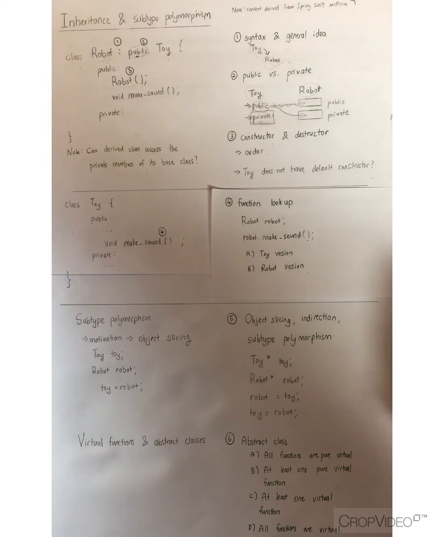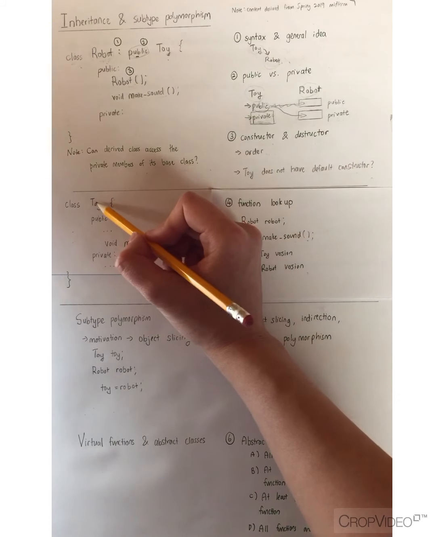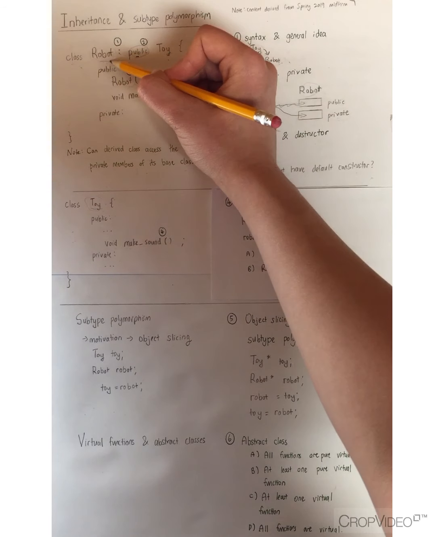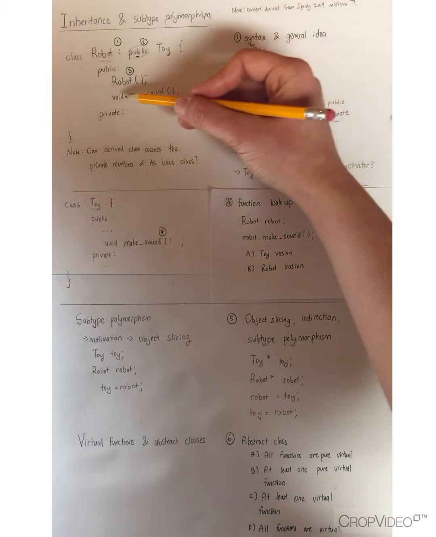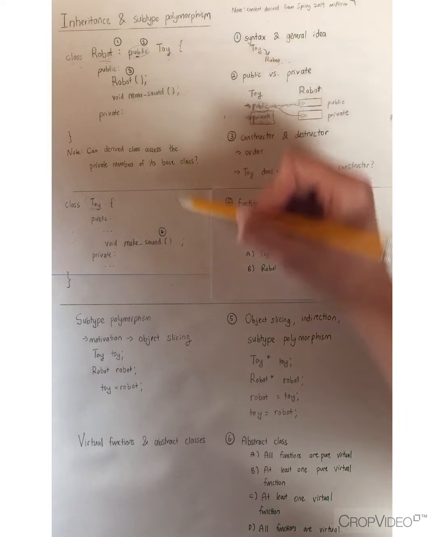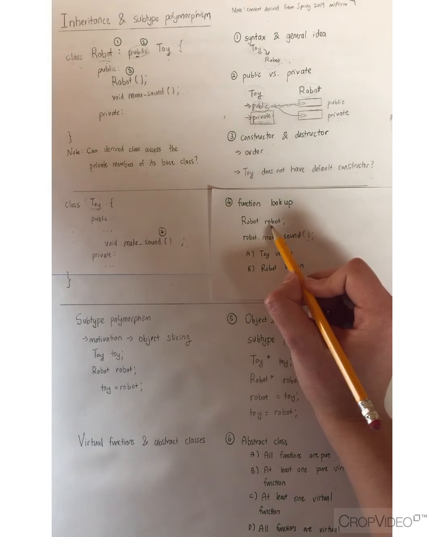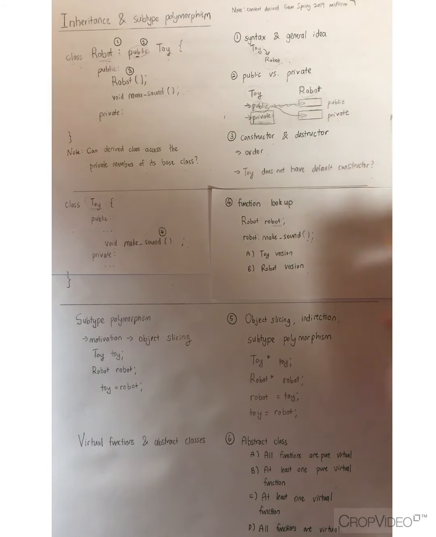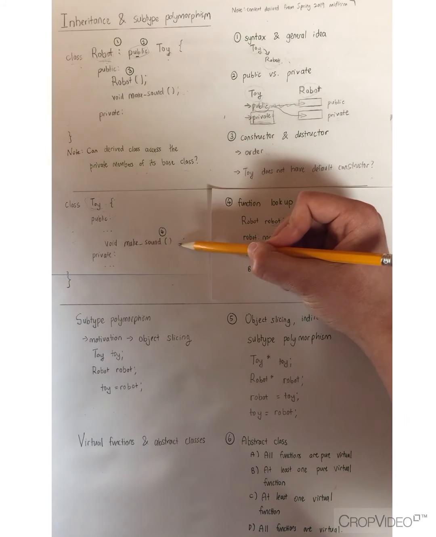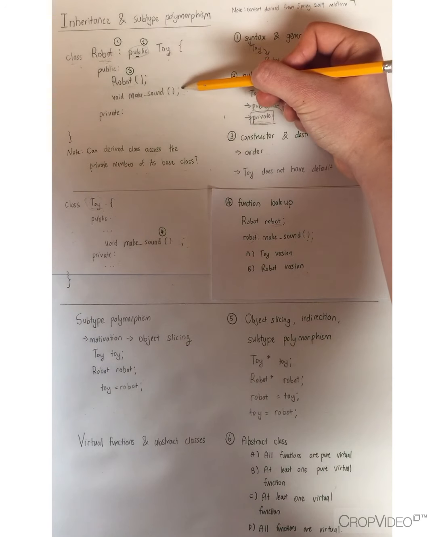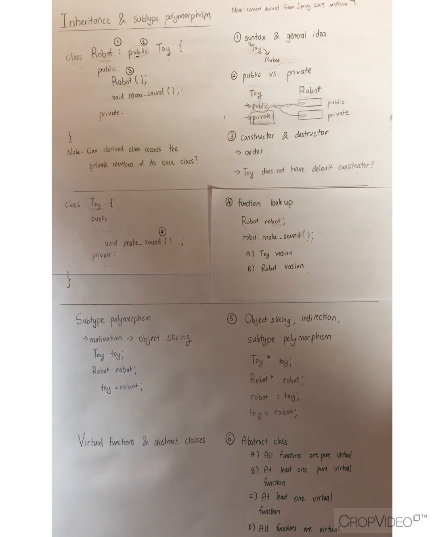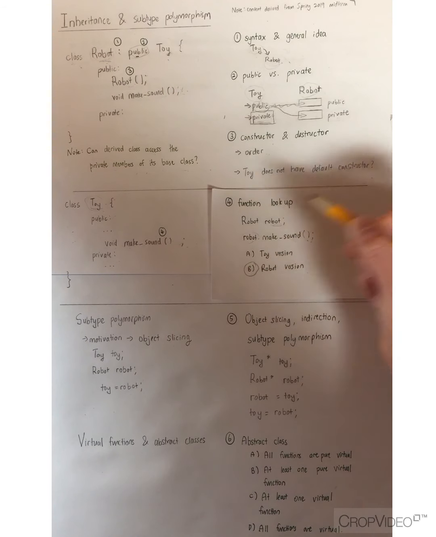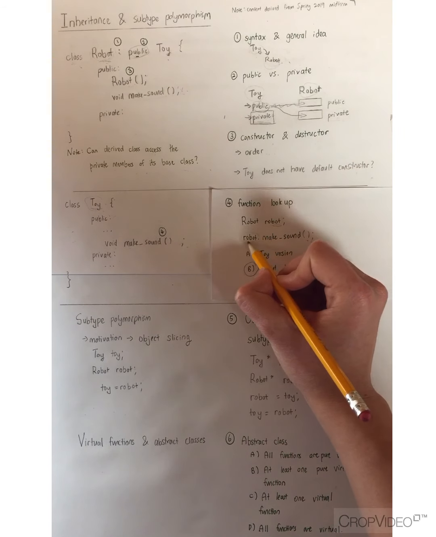So let's think about function lookup now. If we have a base class here, which is Toy, and we have a derived class here, Robot, with the same functions, we have void makeSound, and it occurs here as well. If we have a Robot object and we have the Robot object call the makeSound function, which version will it call? Will it call the Toy version or the Robot version? It will call the Robot version over here